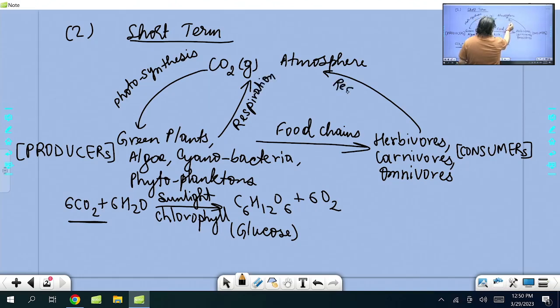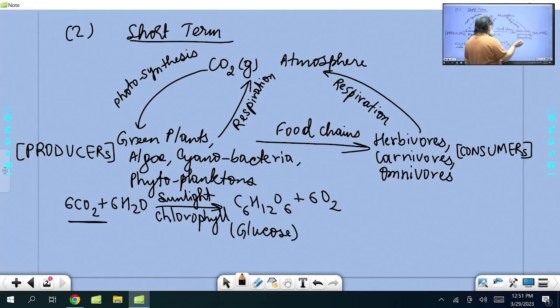Respiration. Now what is respiration? Respiration is a process where the food, the glucose which is taken, in presence of air and oxygen gets broken down into carbon dioxide and water vapor, and it gives us energy. We get the energy called ATP. So plants, animals, bacteria, fungi, whatever, they receive the energy from the process of respiration.